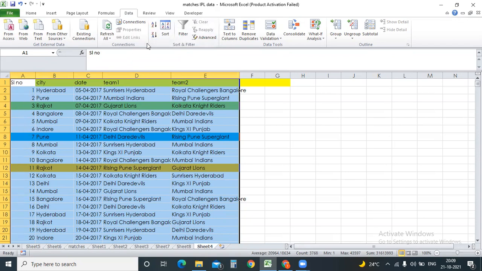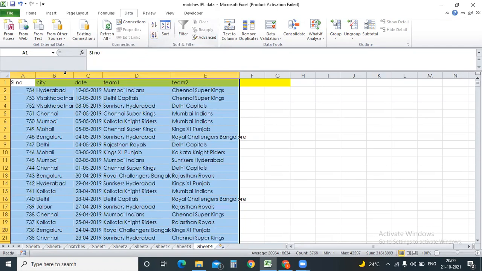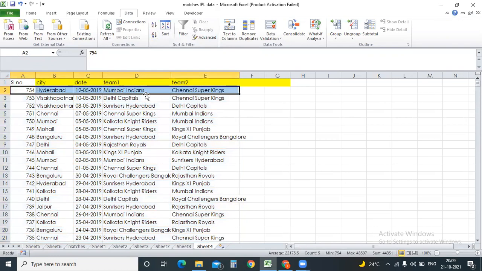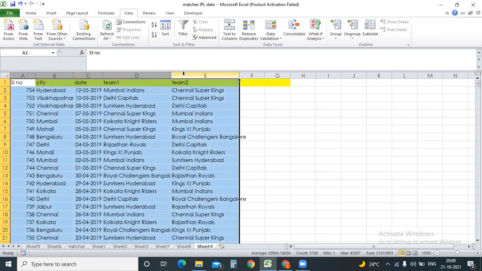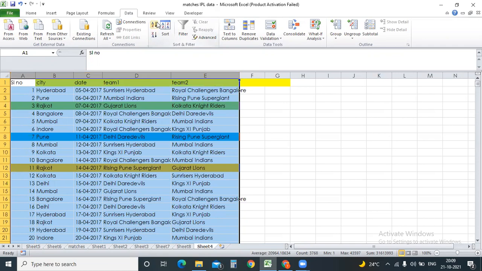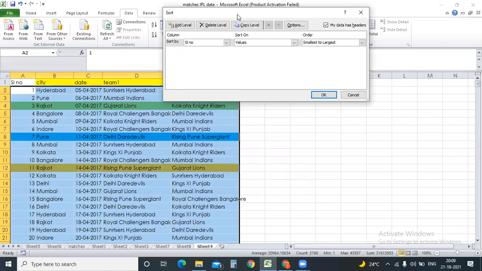When you click on this, can you see the entire data is changing completely? It's starting from 754. So if you want to sort with respect to a particular column, you can click this directly. But what is my requirement? I need to sort the data in column B. Just go to Sort now. Now you can see a lot of things. Sort by, it's asking from which column I want to sort. I need to sort by column B, which is city.